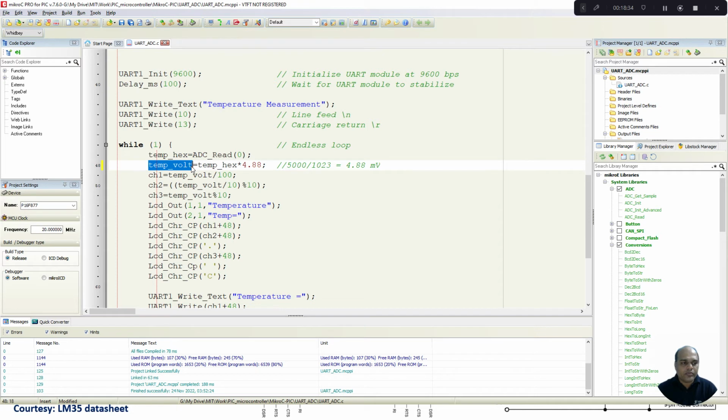Now I want to put this data onto an LCD and also to a UART. So for that, I need to split the data separately. For example, let us assume the room temperature is 32.3 degrees centigrade. So the measured voltage will be 323 millivolt, because for each degree centigrade, LM35 will produce 10 millivolt variation. So 32.3 degrees centigrade is equivalent to